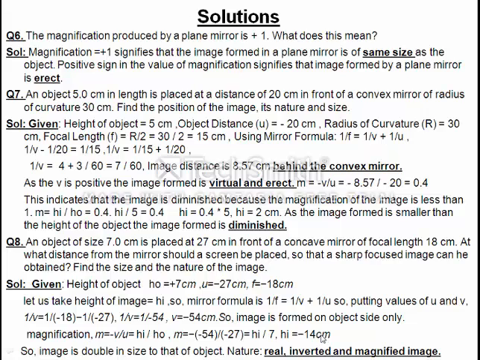Hi is 14, Ho is 7 centimeter. Means the height of the image is double the height of the object. So from here we got the nature: the image is real and inverted. Position, V is equal to minus 54 centimeter. Okay. And size means the image is greater than the object. Means the image is a magnified image.